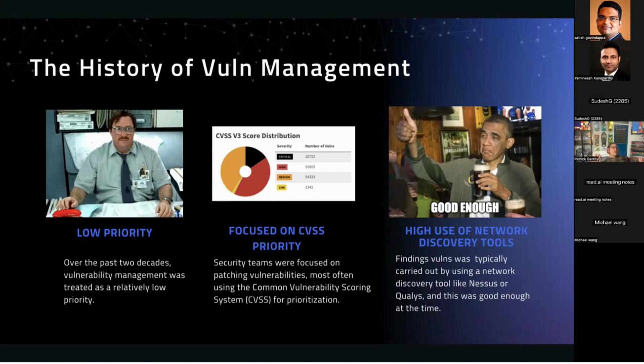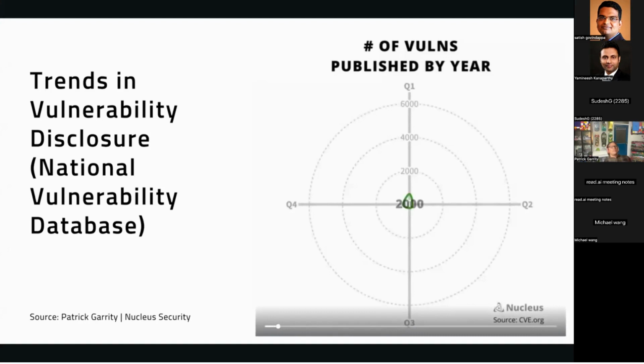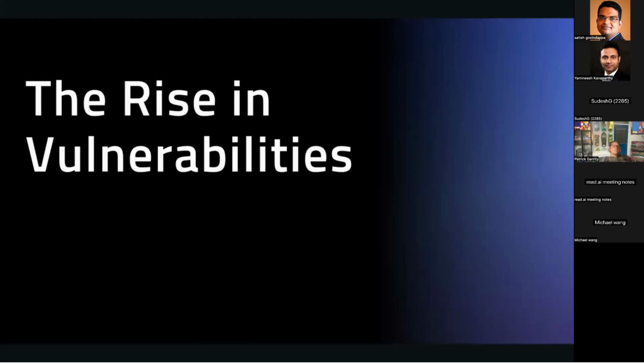And I think a lot of that has to do with the fact that there wasn't pervasive mass exploitation of vulnerabilities, which I'll talk about really fast. The first thing I'm going to show here is the rise of vulnerabilities. This is a data visualization I created to set the stage in regards to the NVD. What you're going to see is that vulnerabilities grow year over year consistently over the last 2 decades, to a point where for most organizations, this has gone neglected and become unmanageable.